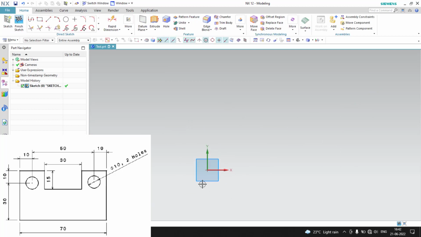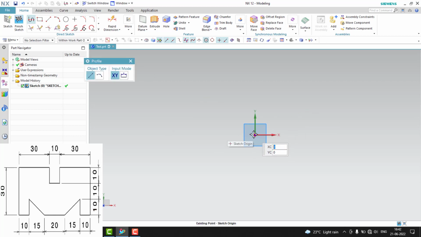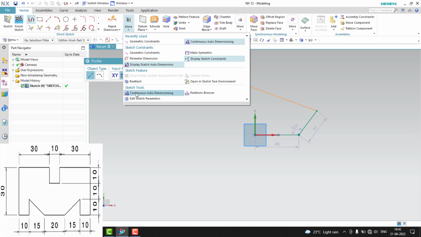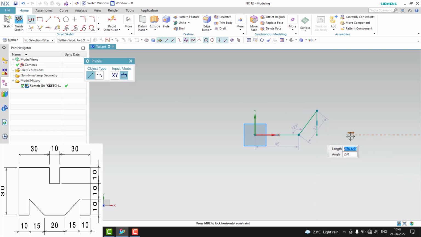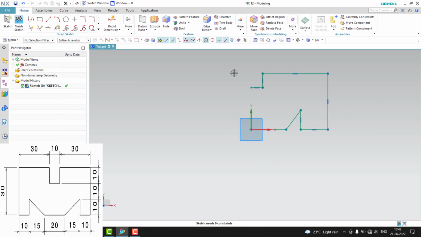stuffs. Okay, now the next thing, the next sketch is this. So again I'll do the same thing. I'll draw only one half section. So remember, always try to refer the origin so that you can reduce the constraints, geometrical as well as dimensional. Okay, once done with that, you could see this is done. So I need to cross check whether these endpoints are aligned with the origin or not. So for that